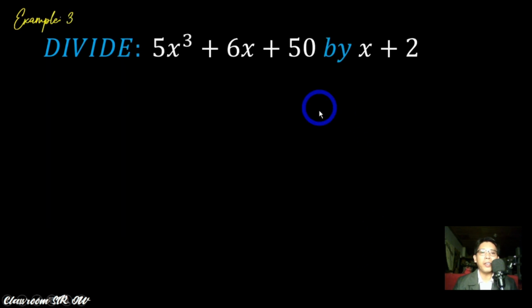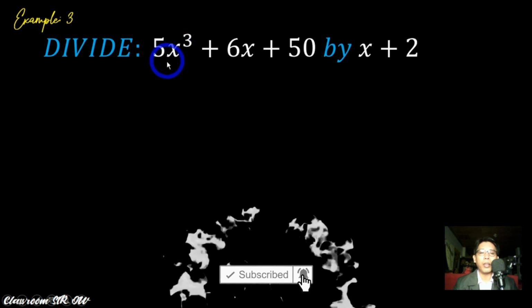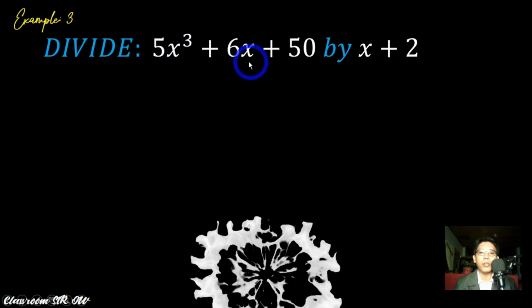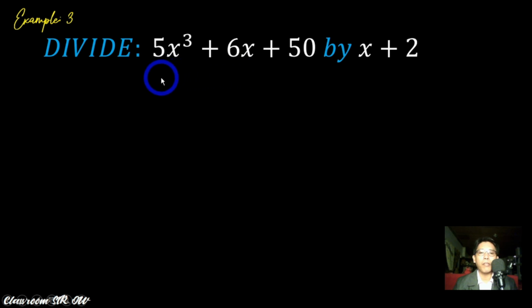Example number 3. We are asked to divide 5x cubed plus 6x plus 50 by x plus 2. Now, the very first thing that you are going to do again is we will check if the polynomial is already complete, or shall we say the degree should be in descending order. So it started with x to the power of 3 and followed by 6x. So in other words, there is a gap between 5x cubed and 6x, which is the quadratic term is missing